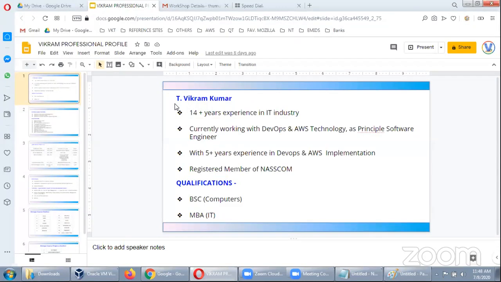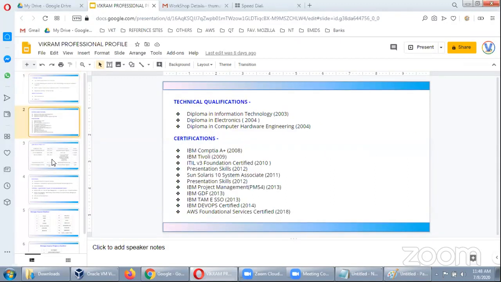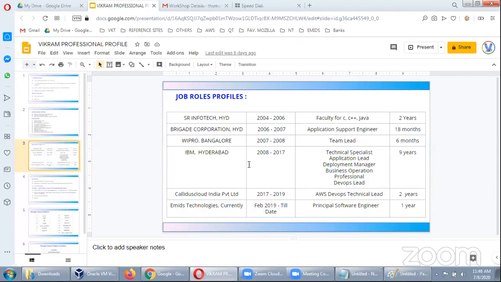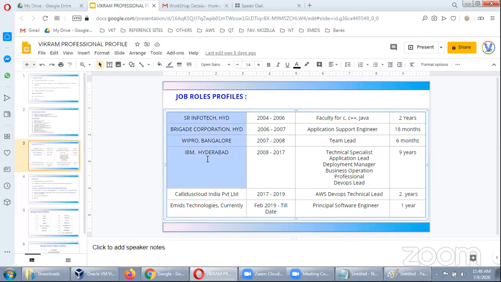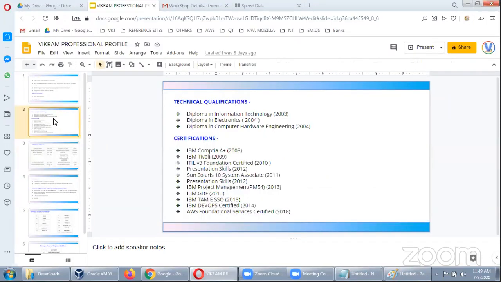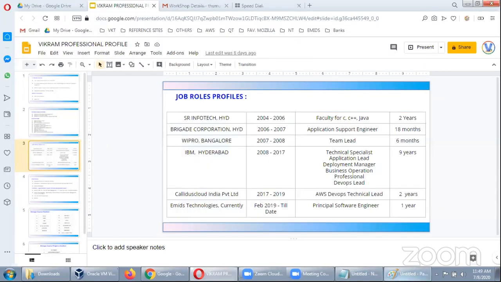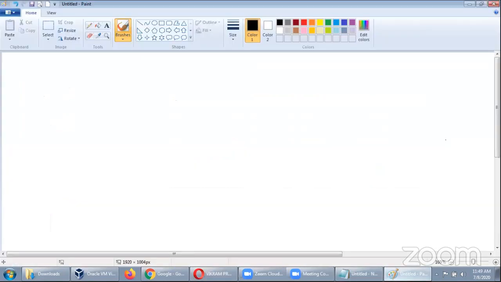My current designation is Principal Software Engineer. I'm working for a company called Emits, and it has been 5 years I spent time here, and I'm a registered member of NASSCOM. These are a lot of other, I mean to say, my profile. I spent a lot of time with different companies. So that's all about me, guys. Nothing to deep dive into me, but we'll focus more on the seminar.